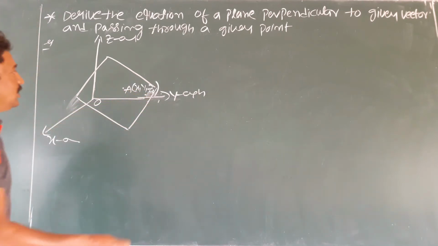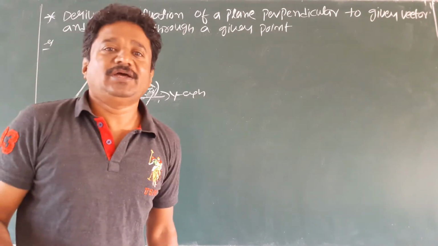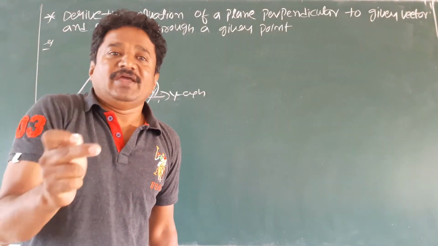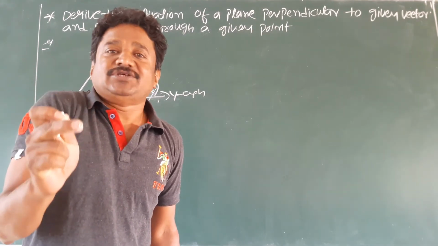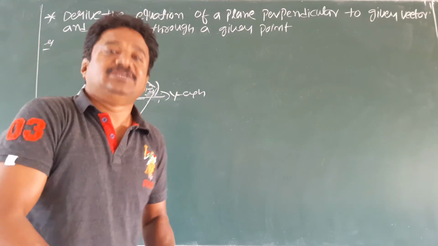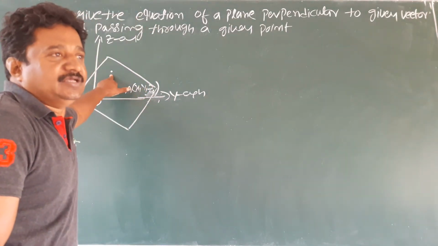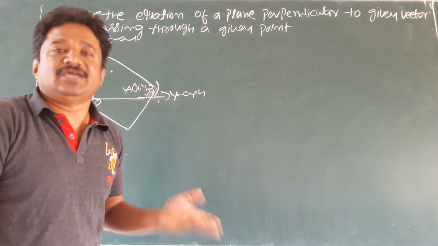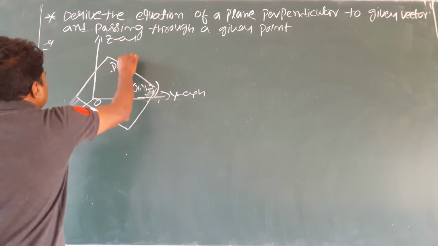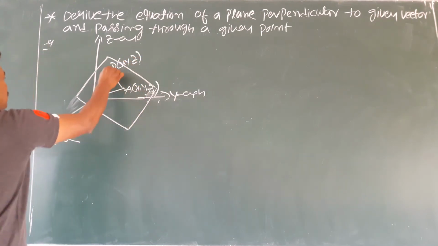So we require one more point, students. Which is that one more point? P(x, y, z). Every time while finding the equation, whether it is a plane or a line, you must take this general point. Taking this P(x, y, z) is a must. Without that, we cannot get the equation, students. So you take that P(x, y, z) is any point on the plane. So draw both.